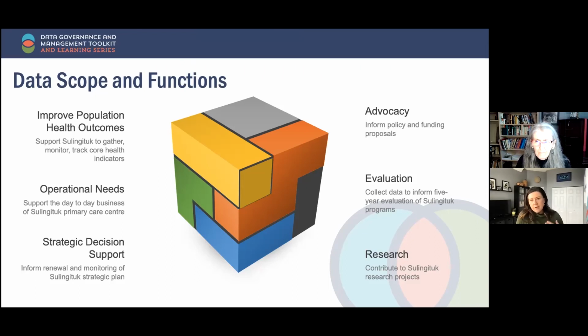Evaluation, very, very key. So similar to strategic planning, but maybe a bit more specific to a certain program area, is collecting data year over year, so that at kind of like, say, a 5-year period or a 10-year period, you could do a comprehensive evaluation of that program to identify ways to improve it. And then finally, research. So, there may be, say, external researchers that are interested in collaborating with your government on certain projects. The data you hold and the fact of having a data governance structure will allow the ethical partnership with researchers on your own terms.